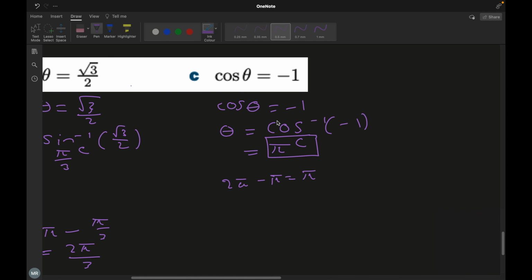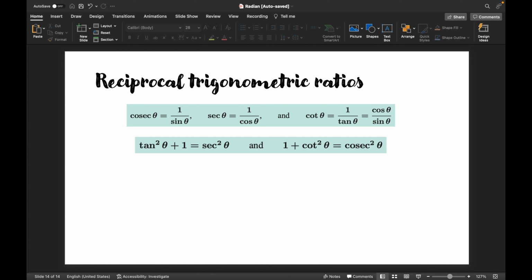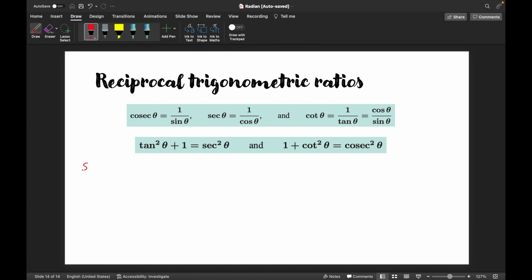If this concept is clear, then let's move on to the next topic, which is the reciprocal trigonometric ratios. There are a total of 6 trigonometric ratios, which are sine, cosine, tangent, cosecant, secant, and cotangent. The short forms are, I'll write it down. The first one is sine, which we usually write as just sin. The next one is cosine, which is cos. Then tangent,